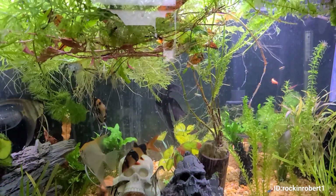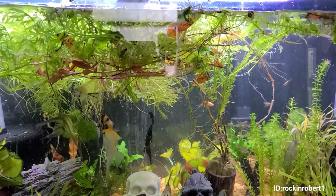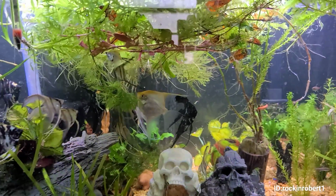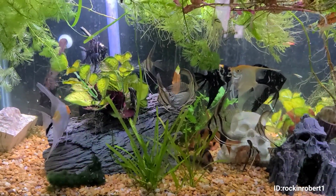All I've got to do is add some water to this tank. I go through about 5 gallons every 2 weeks, maybe 3, which isn't too bad. My 90 gallon, I go through 5 gallons a week from evaporation. But yeah,